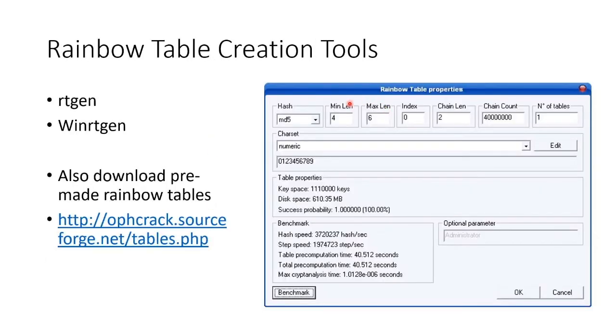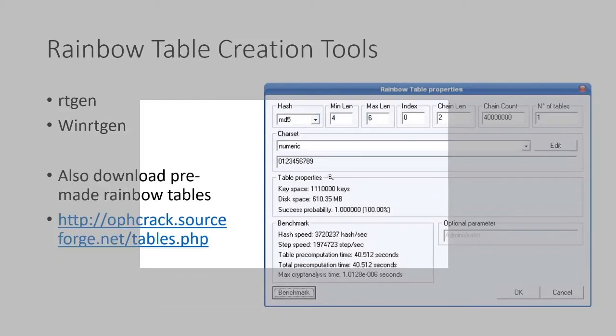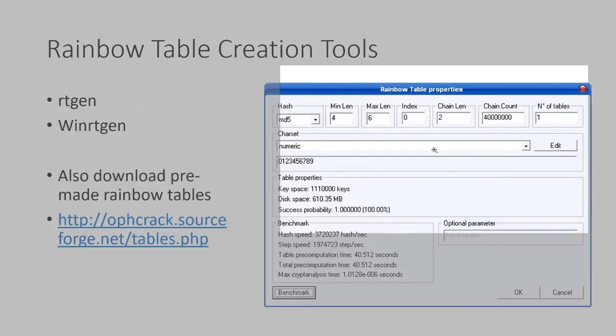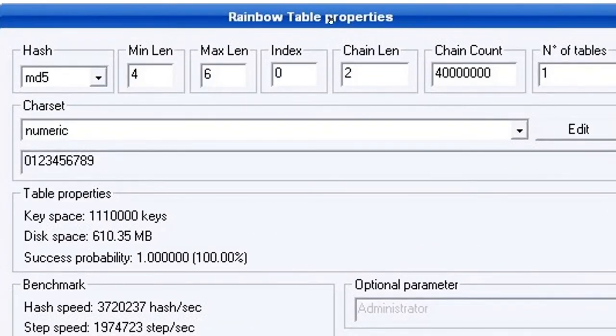You can create your own rainbow tables if you want. I have to warn you, it'll take you days. But there's the Rainbow Table Gen, RTGen, or the Win RTGen. You're probably better off downloading pre-made rainbow tables, and there are plenty of places that'll provide them, not just offcrack.sourceforge.net, but many others. But here is an example of using Win RTGen, where you can say, using